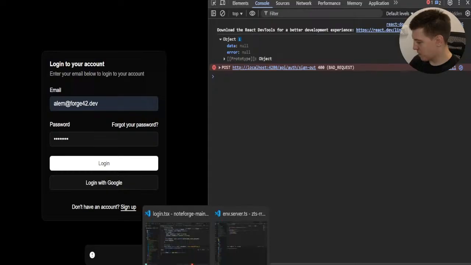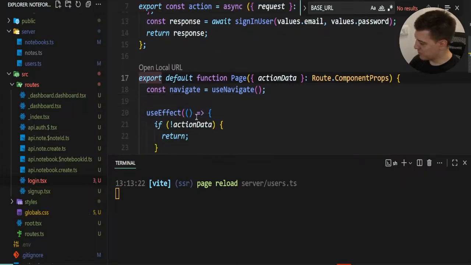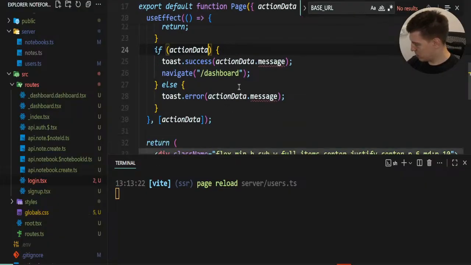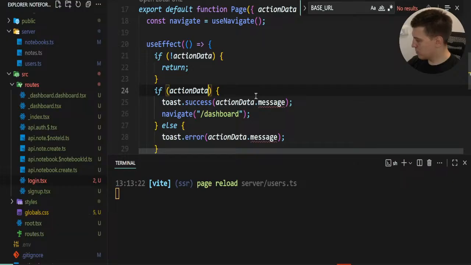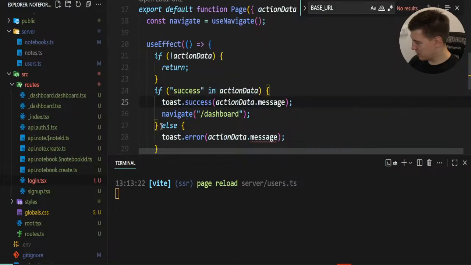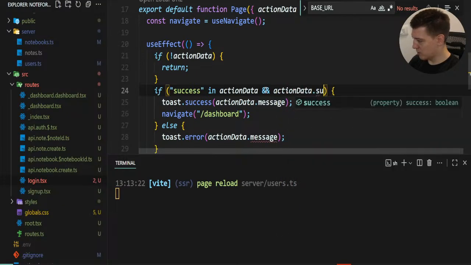Okay, but yeah, now I'm not. Okay, so if action data, if success in action data, and success, action data dot success is equal to, or actually, and not